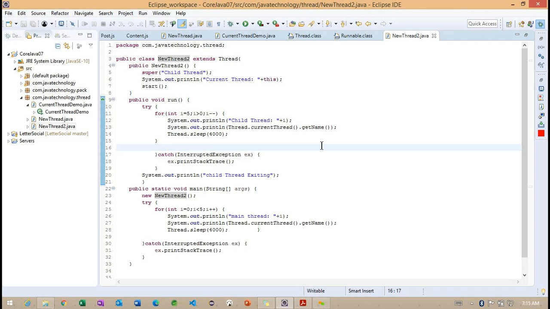Okay, so this is the simple example we discussed in the last classes. Now I want to provide more information on threads. Whenever we check the current thread information, we also get priority related information. Getting the point?